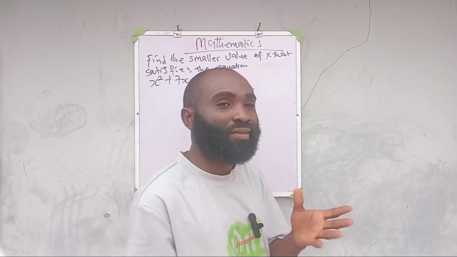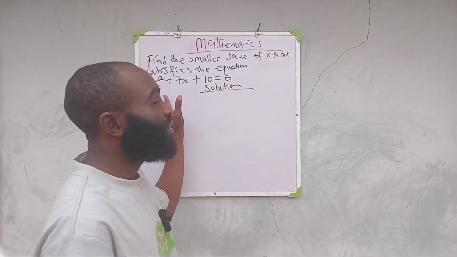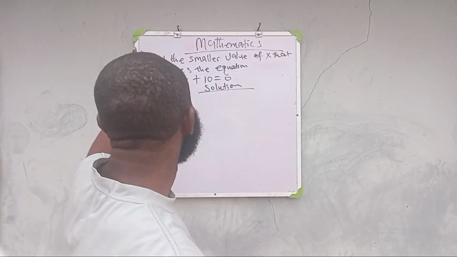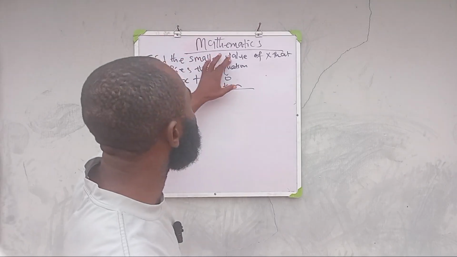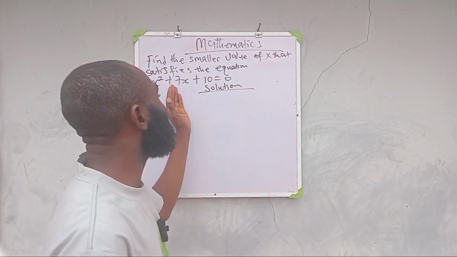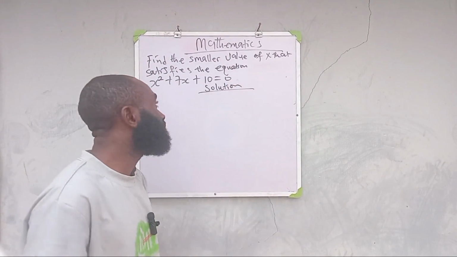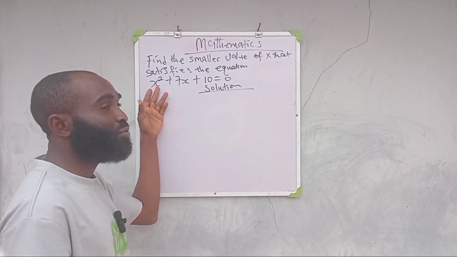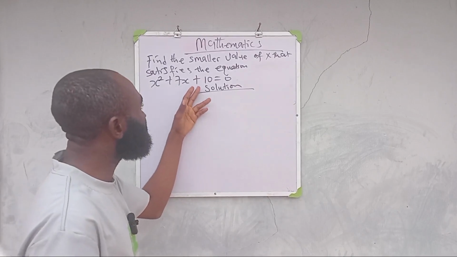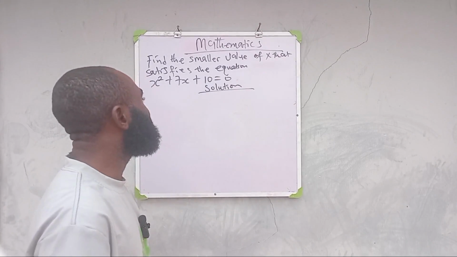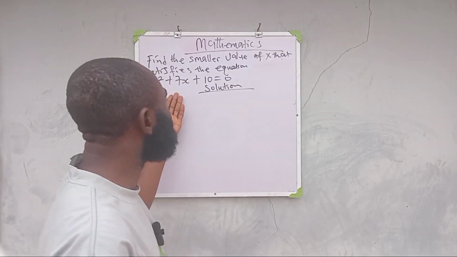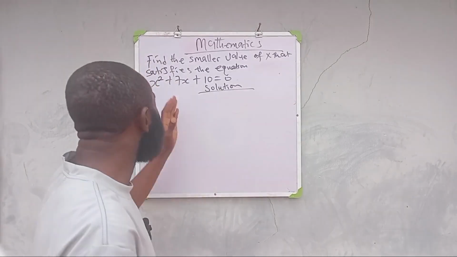Guys, let's solve this WAEC question together. The question says we should find the smaller value of x that satisfies the equation. So we have this equation here: x raised to the power of 2 plus 7x plus 10 is equal to 0. So when you have this kind of quadratic equation and you are to solve, the first thing you should